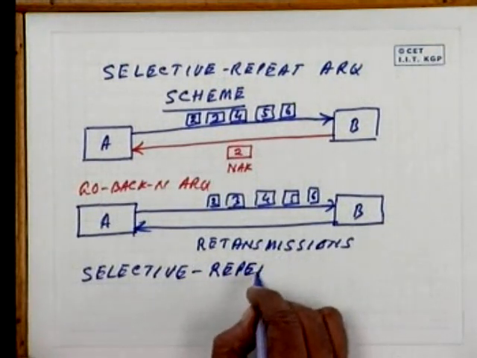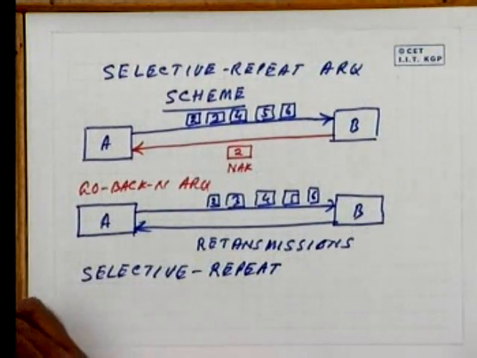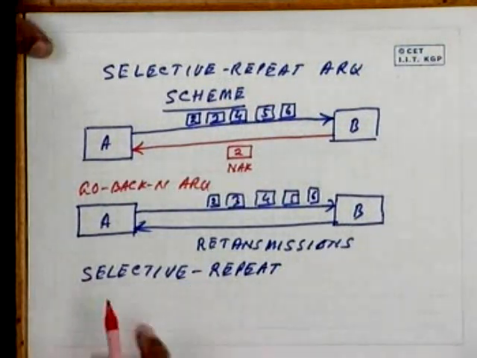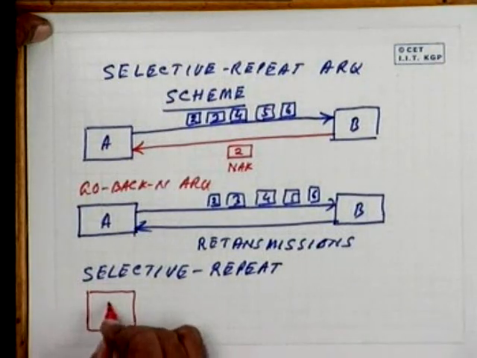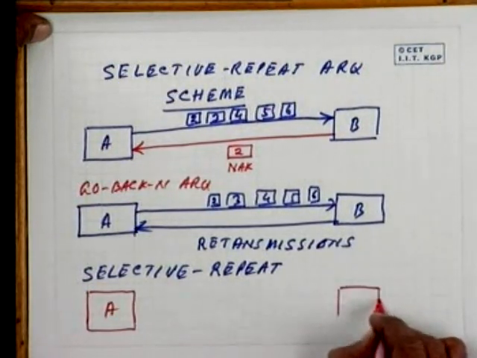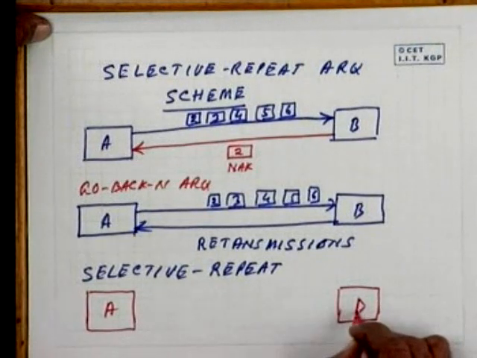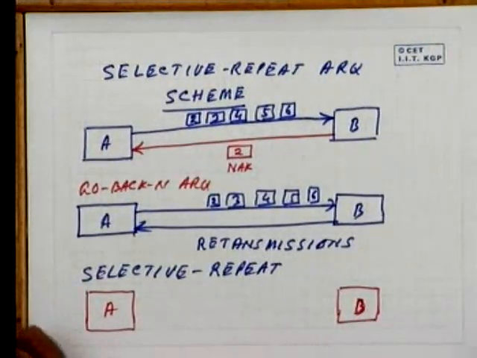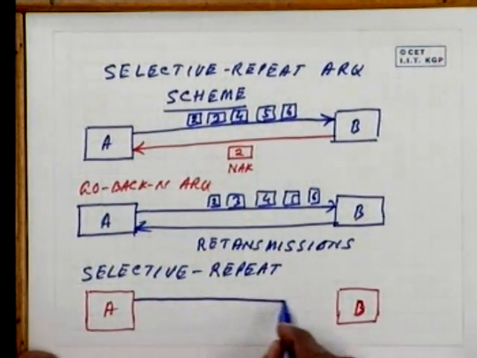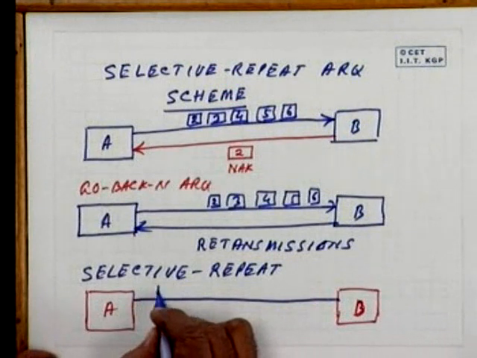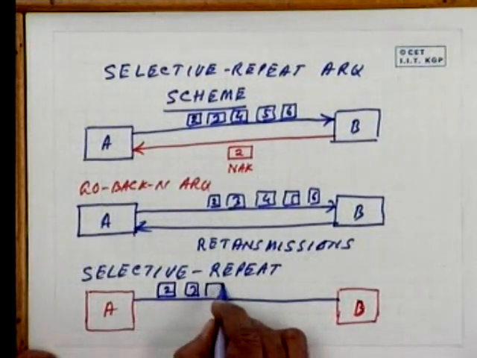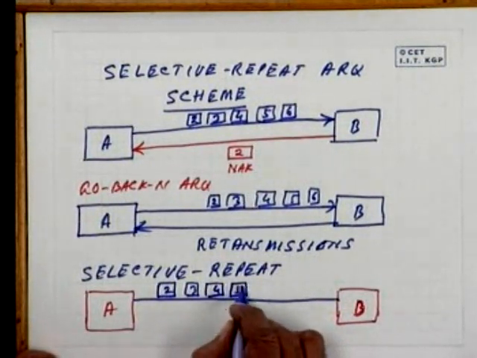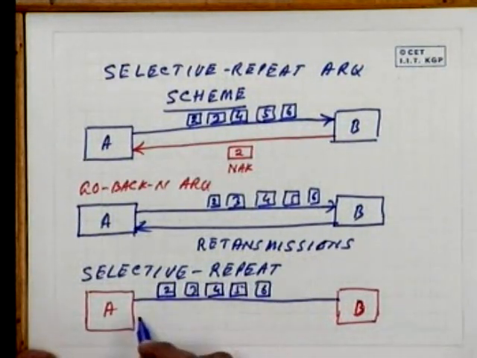In case of selective repeat ARQ technique, this is your sender A, this is your receiver B, or the other station B. Under the same situation, it first sends 2, then 3, then 4, 5, 6, and in the meantime